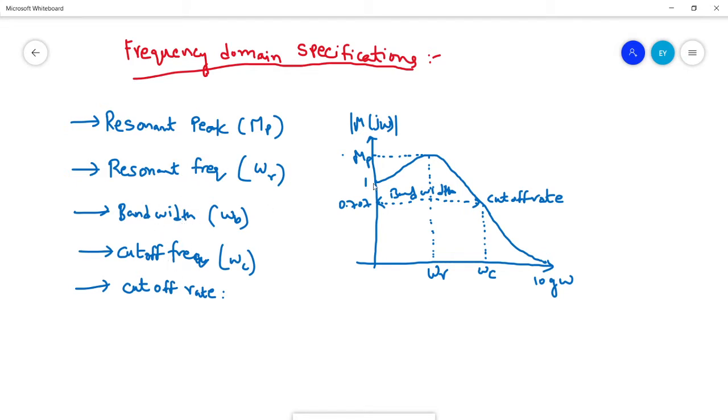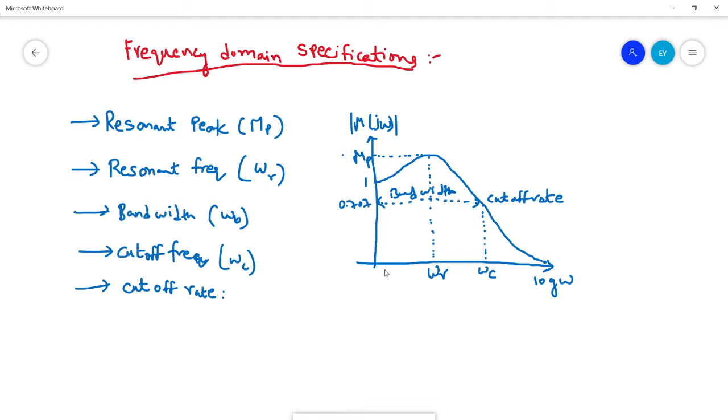As you see here, this is the magnitude plot of the second order system, where Mp gives us the resonant peak, and omega r is the point where Mp is achieved. Omega r is the frequency at which the maximum peak occurs in a magnitude plot, right? So bandwidth is the point at which 0.707 of the magnitude plot will tend in the frequency axis.